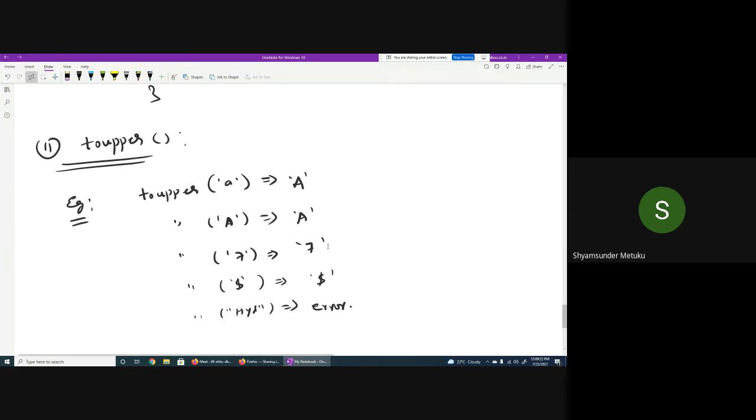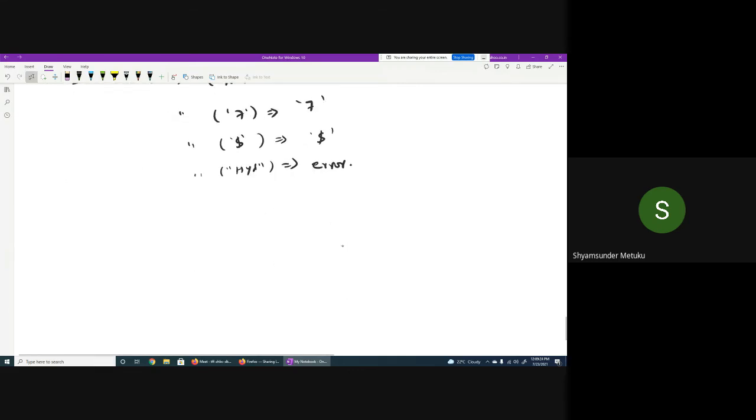Okay. So this is the toUpper function. So let me write: it converts lowercase alphabet